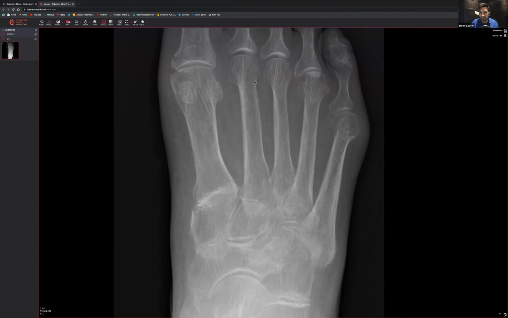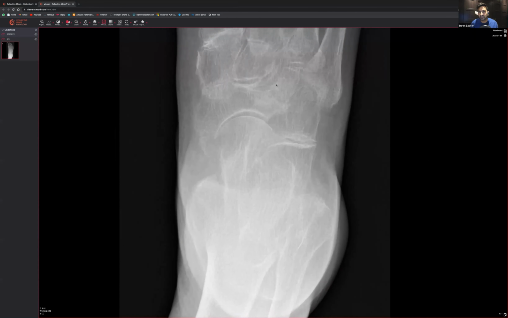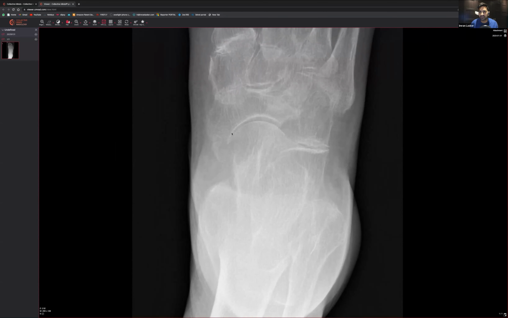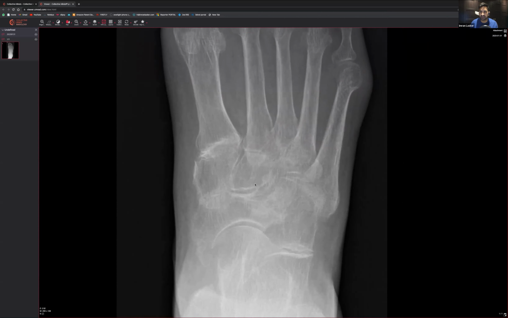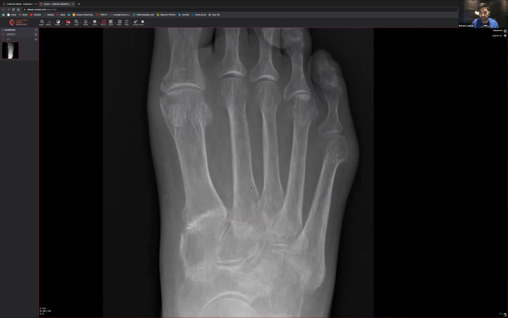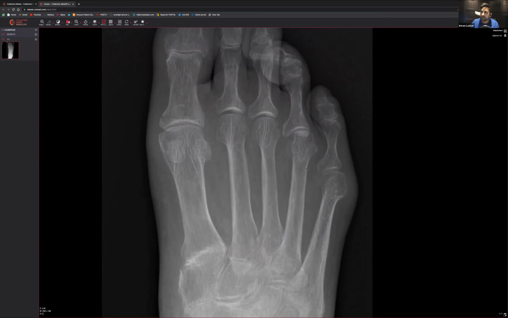Let's have a look at the shafts of the bones. They look okay. Navicular. Oh yeah, you're right. Someone said there is an accessory. Yes, there is a bit of what looks like an accessory. You can see a bit of radiolucency here, and that's the navicular, and then a bit of extra bone there. So that's an accessory bone. That's normal for this patient. Going along like so. Nothing there, nothing there.